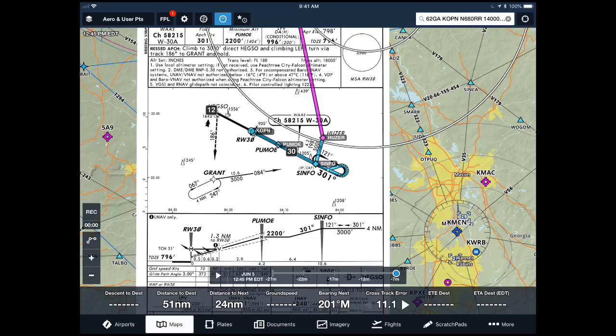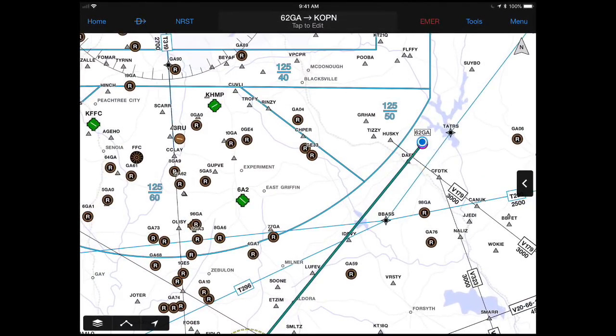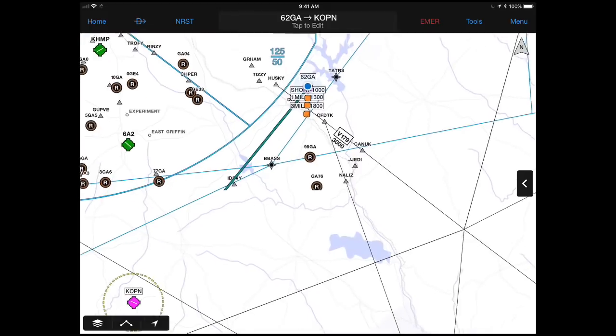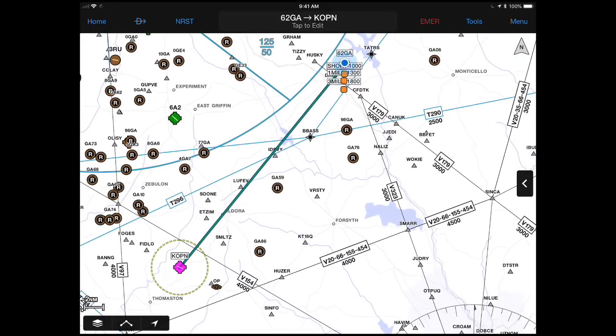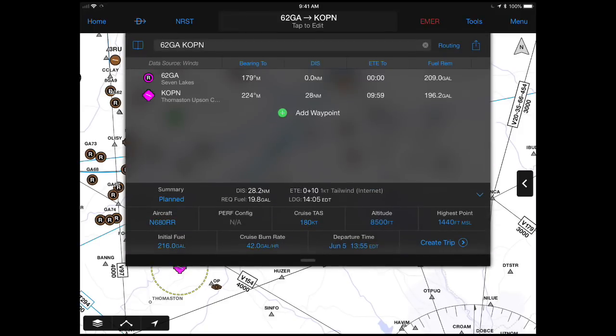Now, if we jump over here to Garmin Pilot, and we look at the same thing, so we've got our flight plan that's loaded here. And so right away, I'm sitting here saying, okay, well, how do I get to our flight plan? Well, we see it up here at the top, so we're going to click on our flight plan. And so I want to load in that approach plate. Well, I really can't. There's not really a way here for me to do that. I can add the waypoints in manually if I want to,